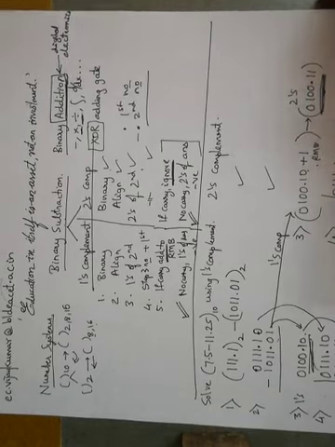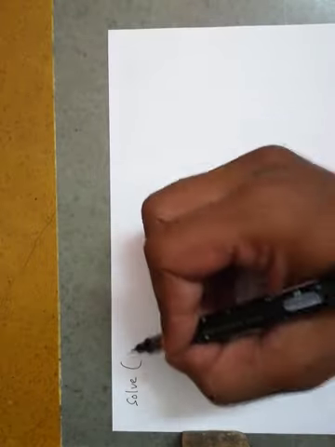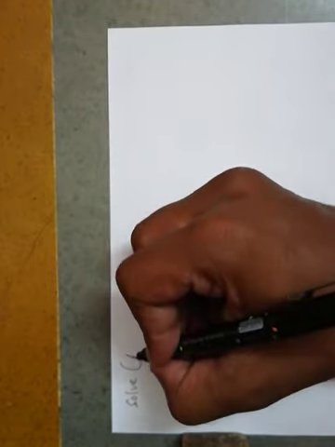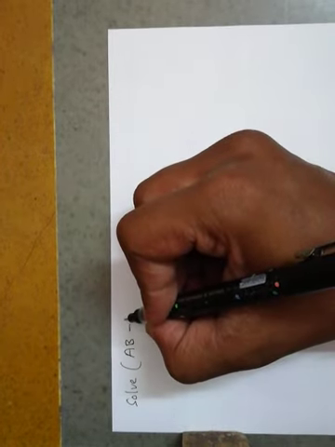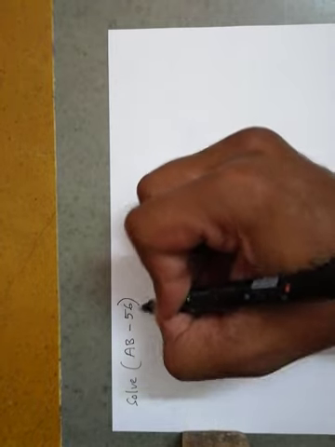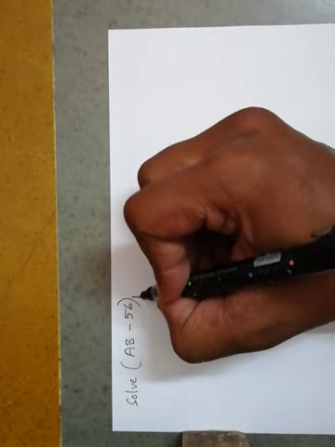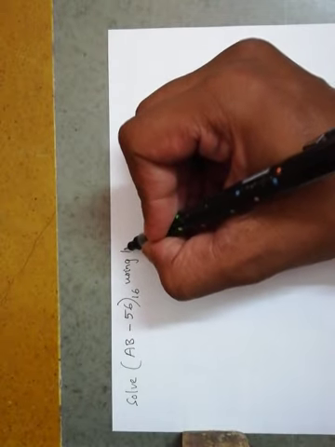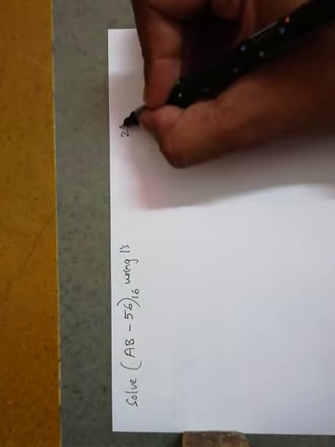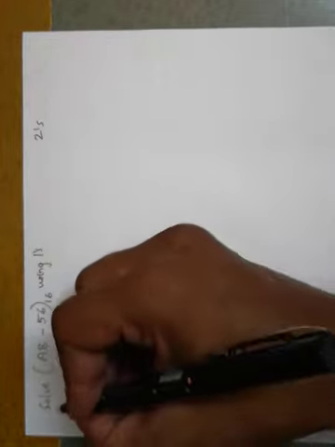Okay, we'll take another example. Say like we'll take simple ones. Solve. Let's say we'll take a hexadecimal number AB minus 56. Okay, so this is our hexadecimal number system. We'll try to solve it using first 1's complement, then we'll try to solve using 2's complement. So again we have the steps with us.